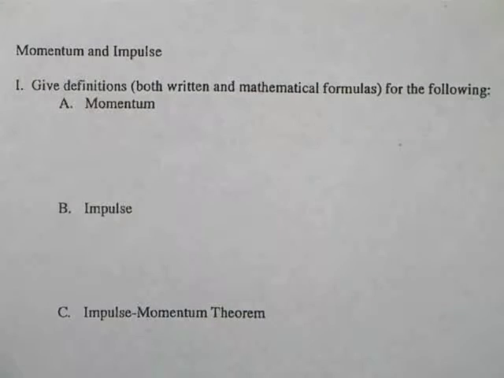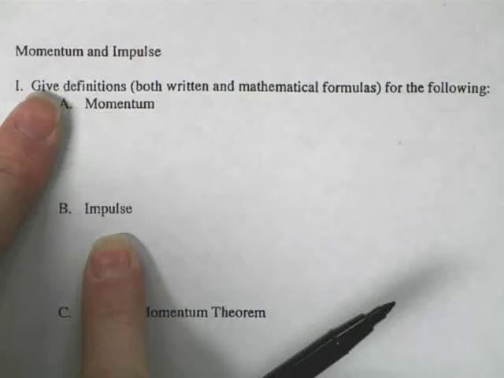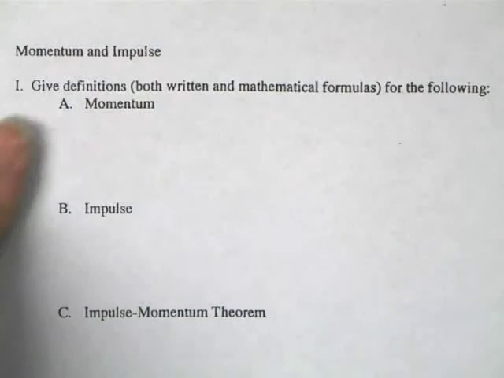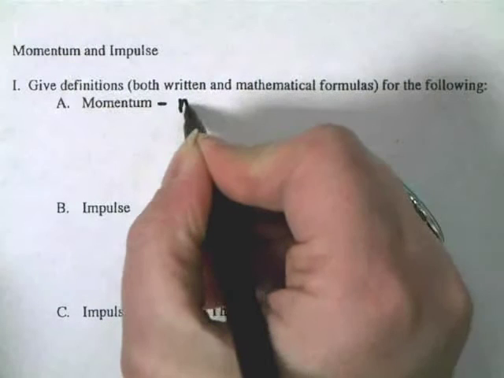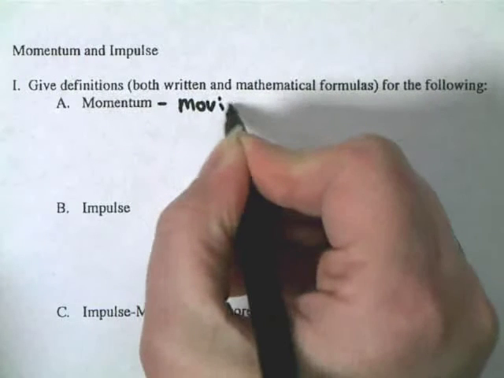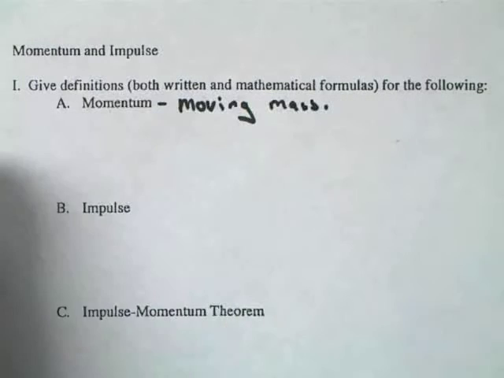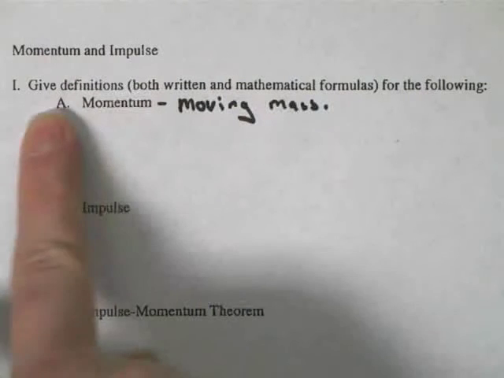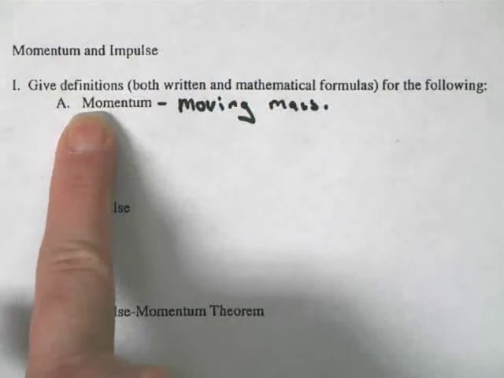Okay, so our big goal today is to talk about these two key terms, momentum and impulse. First of all, let's go ahead and define momentum. I would define it as moving mass. So that's the definition. The equation, we've got momentum, and it starts with an M, and M is already used